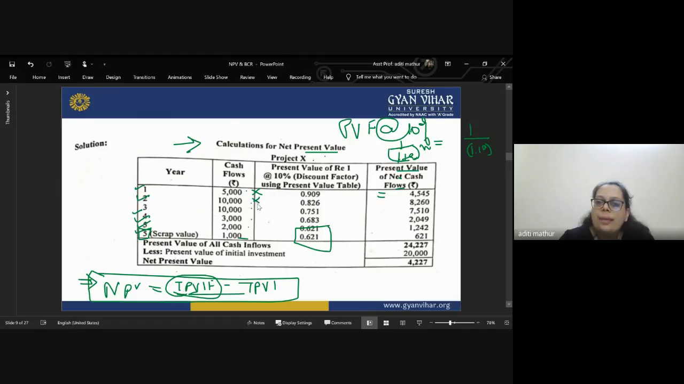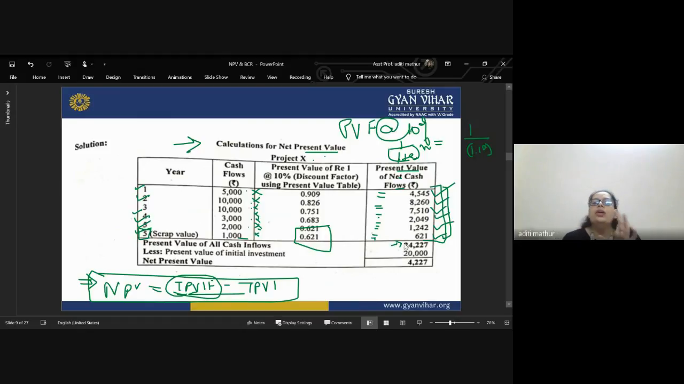You will do the same process for all the years, for all the inflows. You will multiply them and you will get the values, right? Just take a minute, calculate it, and then you will add all the present values of inflows. So you will add 4,554, 8,260, 7,510, 2,049, 1,242, and 621. Add them all, which will be around